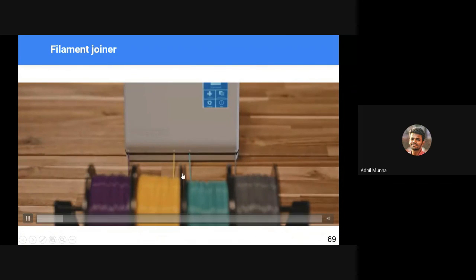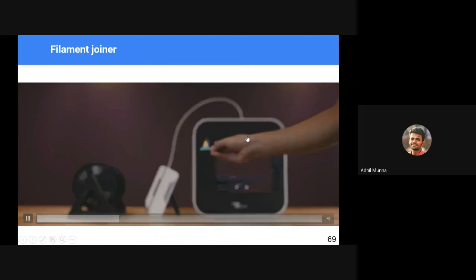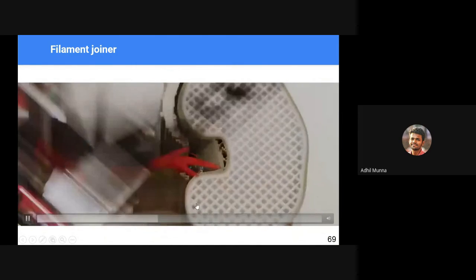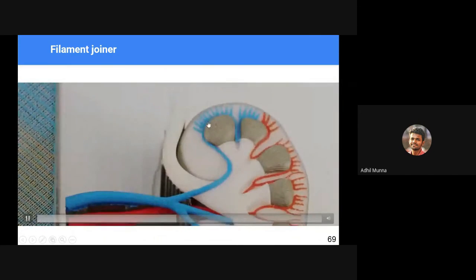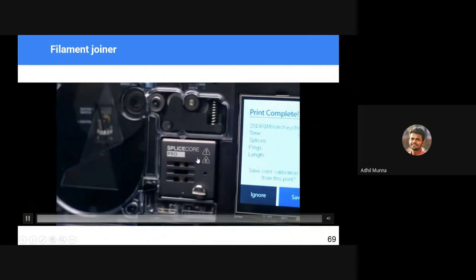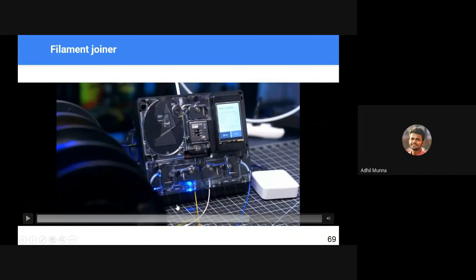A filament joiner works by fusing multiple colors of filament into a single color filament, instead of switching filament, taking it back, switching filament and so on. In this case, you pre-calculate where exactly the colors will be required, and you fuse those materials, multiple different colors of materials, accordingly using this kind of setup, heating cartridge, pressing it onto becoming filament. As you can see, this particular one is in yellow color,